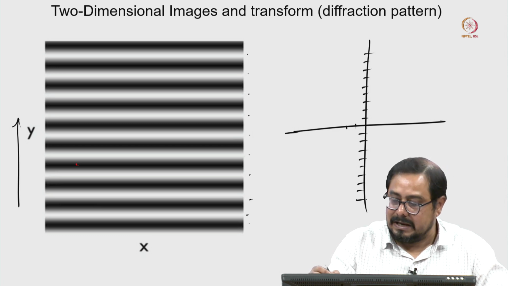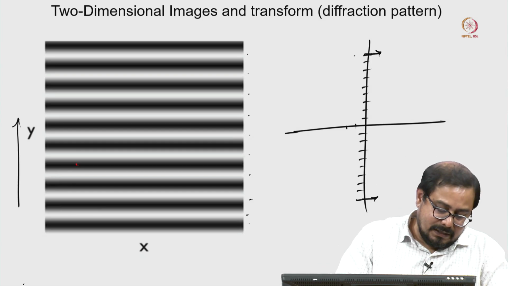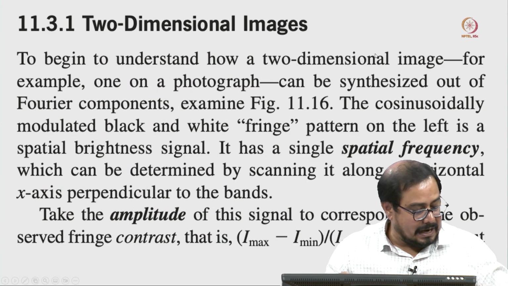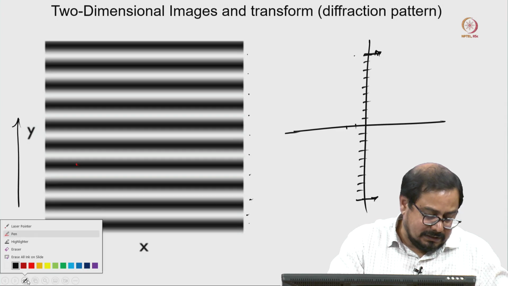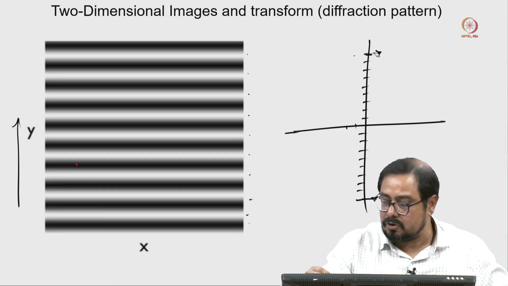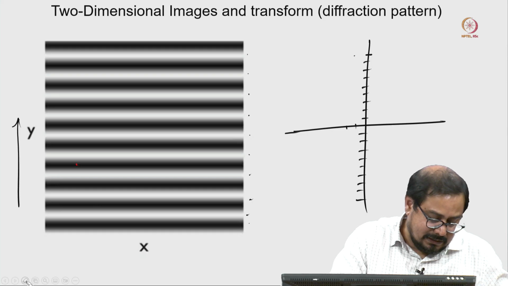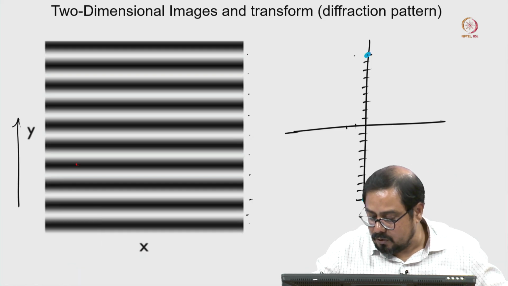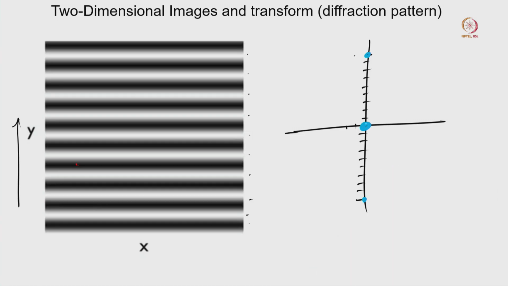So, there is an oscillation here. We can plot those things like this, but when we record this one, we cannot see that arrow anymore. We will not see any arrow here, we will see only a very bright spot there. So, the same things we have to plot here. We will plot it like that. We will get a very bright spot here on the y axis,